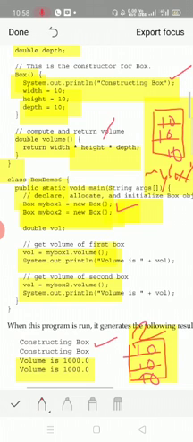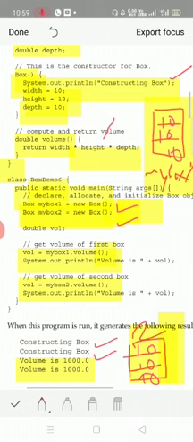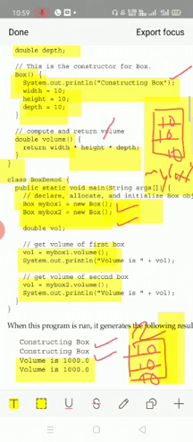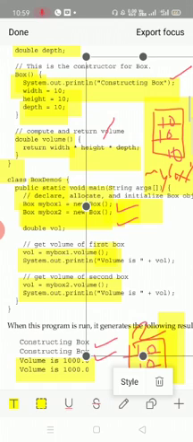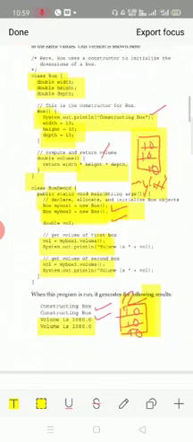As soon as you create the second object, myBox2, once again constructing box will be printed, followed by the assignments with respect to myBox2. Next, we directly compute the volume of box1 as well as box2, computation as well as print. That's what is done over here. If you have any doubt in this program, you can ask.